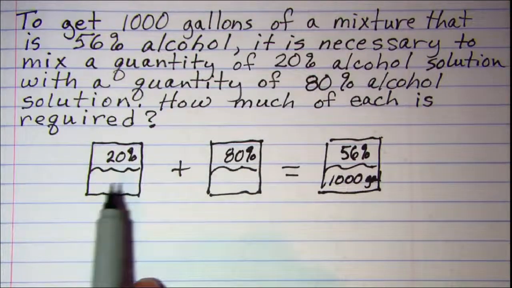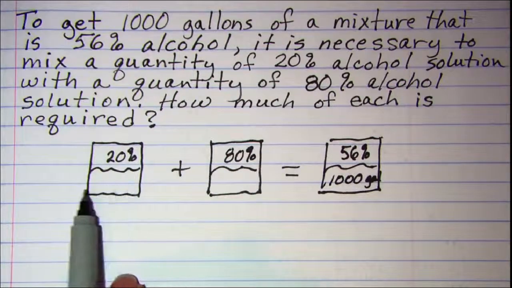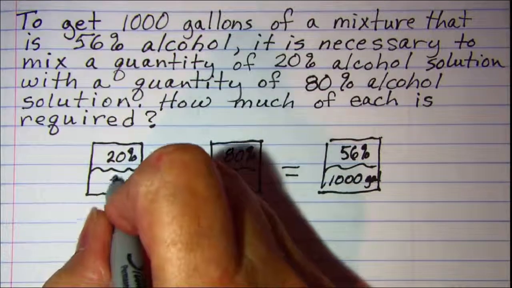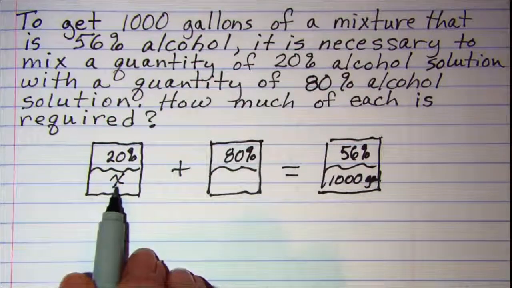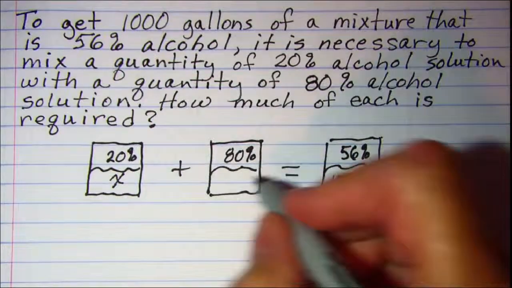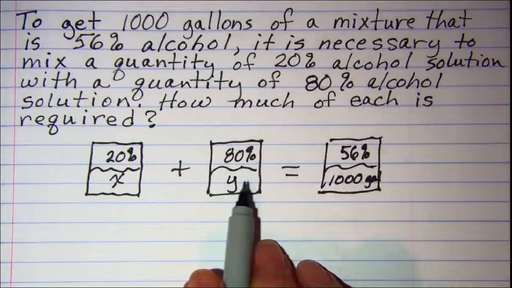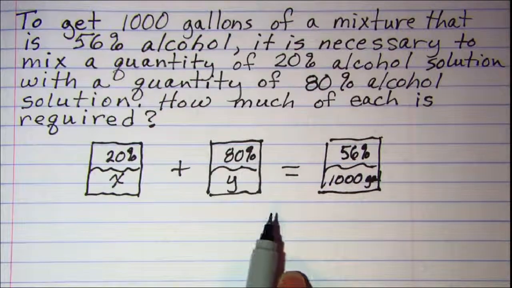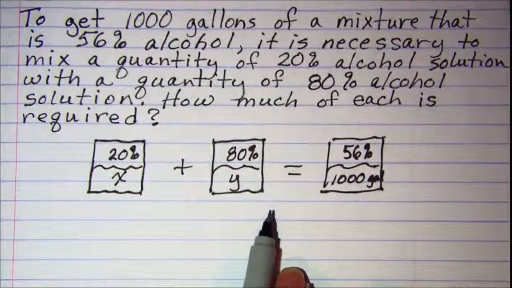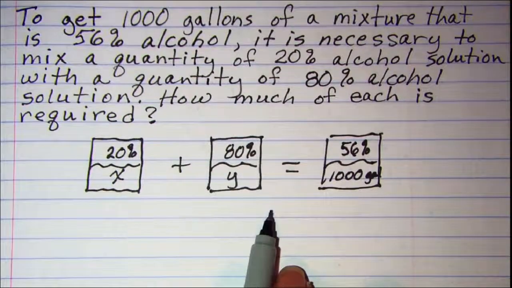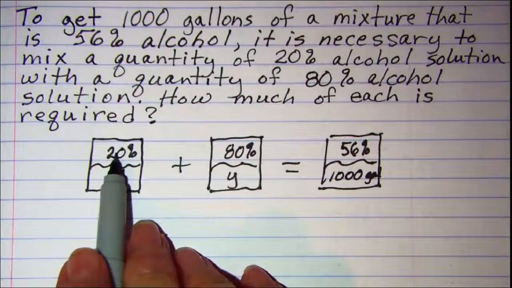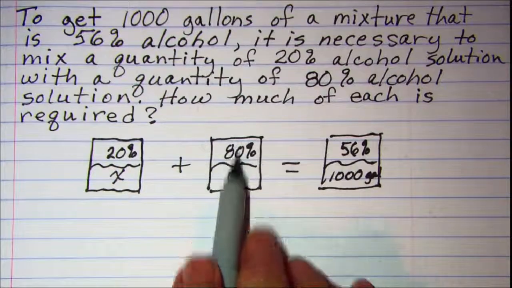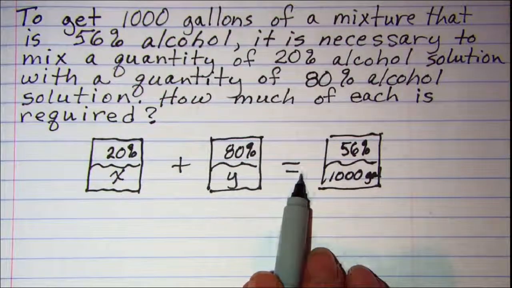Now I don't know how much of each of these that I'm going to need, so I'll use variables for those. I'll let X be the quantity for the 20% alcohol solution, and I'll let Y be the quantity for the 80% alcohol solution. So now my graphic organizer is complete, and what I want to do then to get my equation is I'll multiply this percent by this amount and add this percent times this amount